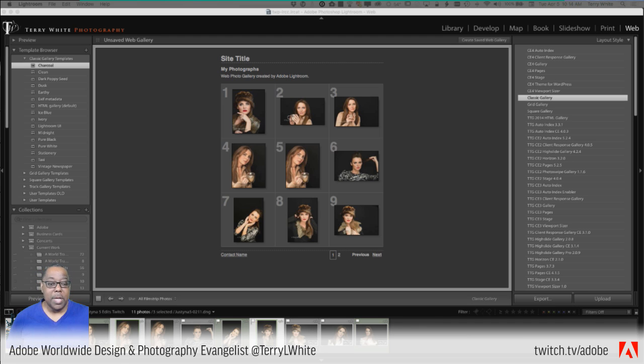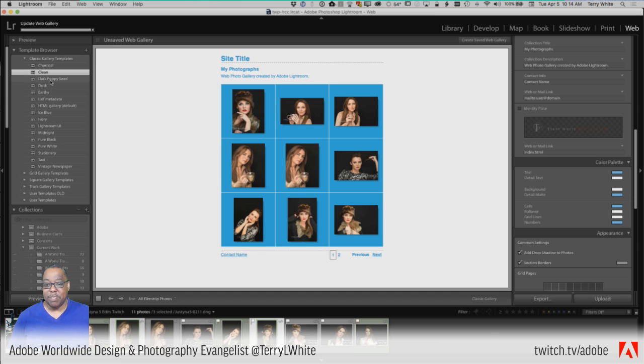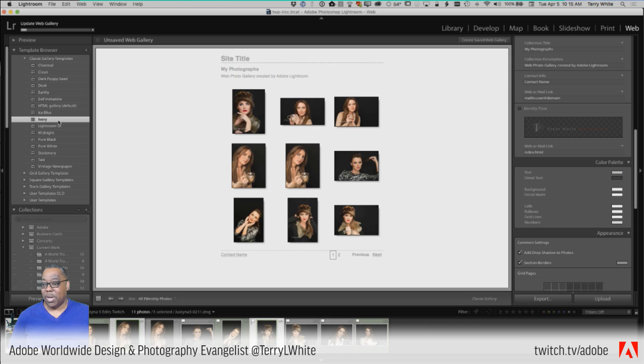Okay, good. So it has a lot of built-in templates, many of which you can change the parameters and change the settings for. So here's clean versus charcoal versus dark poppy seed, so forth and so on. And again, these are all built-in templates.